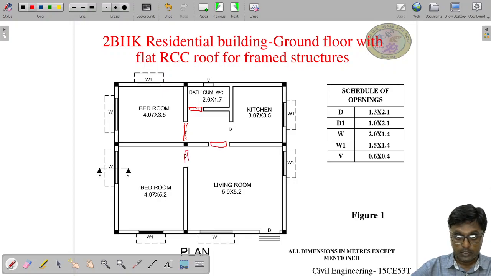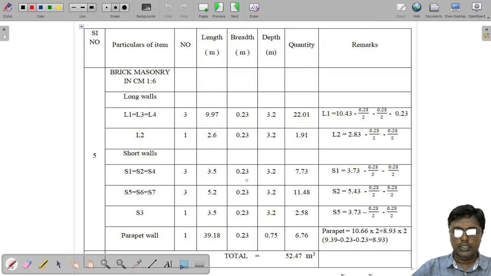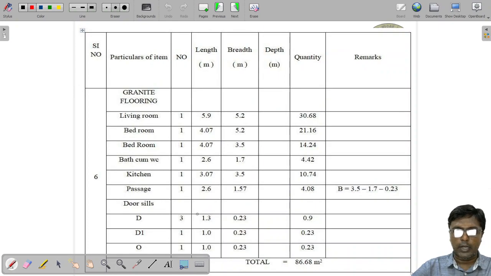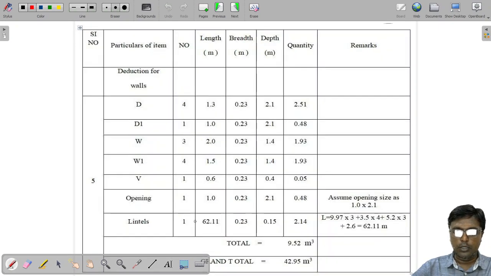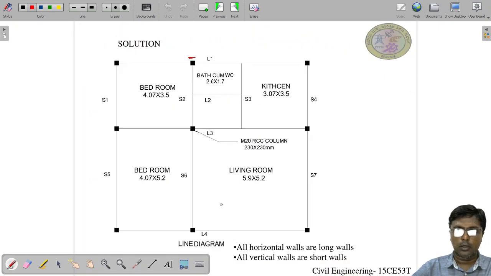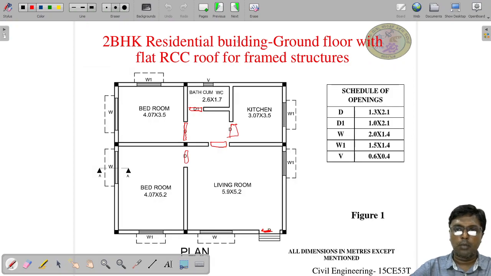Also, there will be a frame, there will be two horizontal members on the main door. The frame will be complete. So we are not putting flooring on this, but we are putting on the remaining door sills. Here we have to add it. There are 3 doors. Only the main door we have not considered, because the main door commonly has both the horizontal members, which are called the head and the sill.